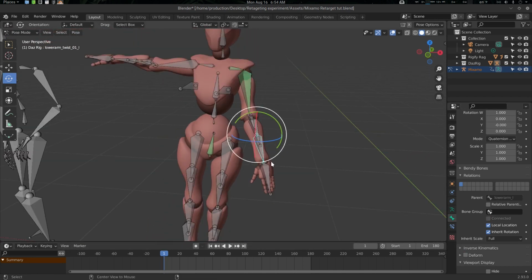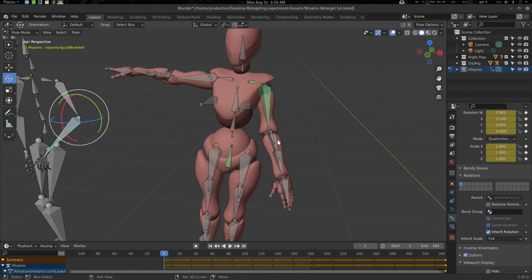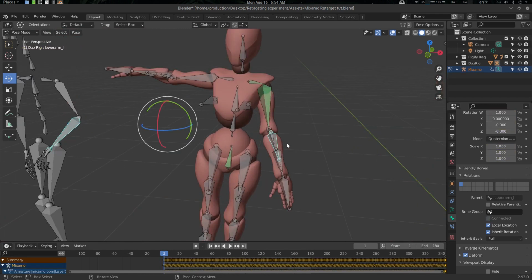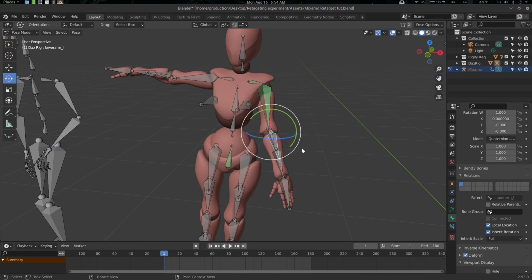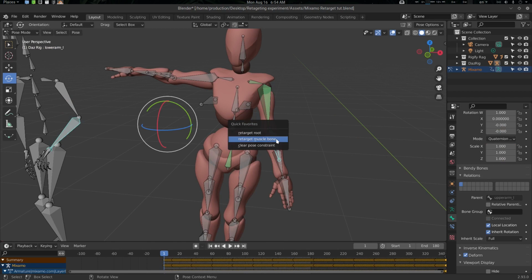Okay, anyway, so here it is. I'm selecting here, and let me check it. Yeah, this is a deform one. So here Q, muscle bone, and here